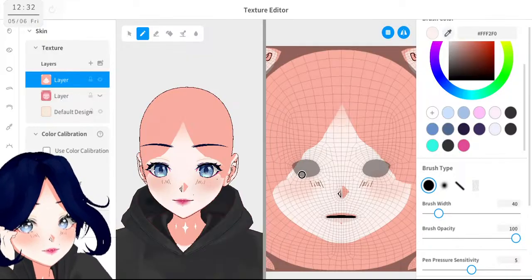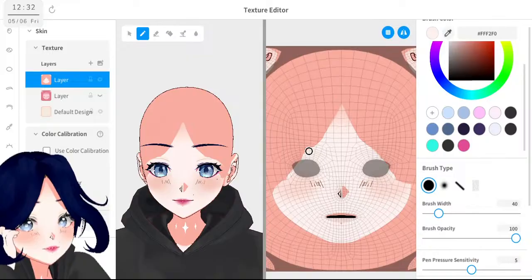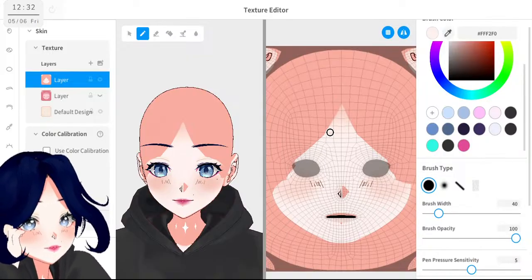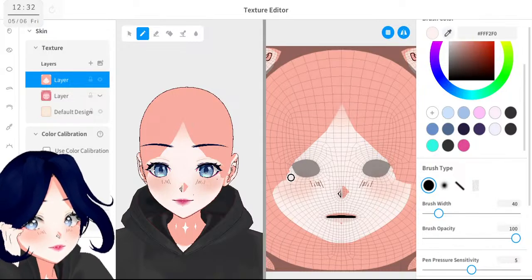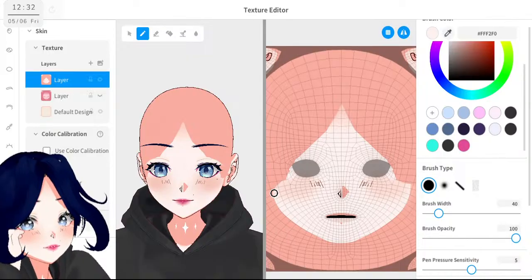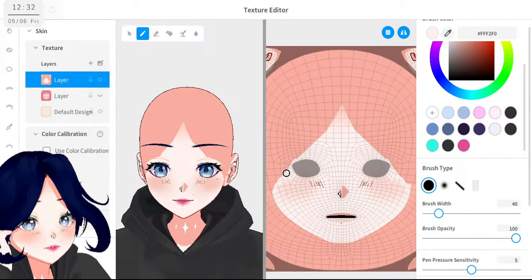Because this part of the eyes is looking a little off.